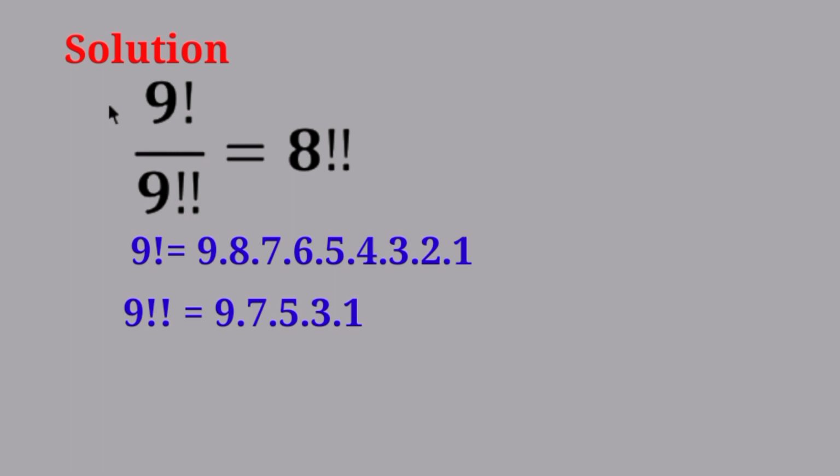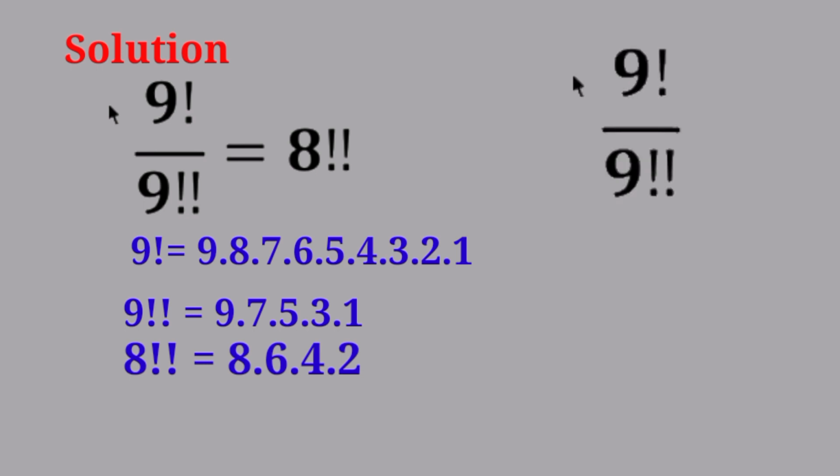So 9 × 7 × 5 × 3 × 1, and 8 double factorial means only factorial of even numbers. So 8 × 6 × 4 × 2. So 9 factorial over 9 double factorial, we put the values of 9 factorial and 9 double factorial, so we get like that: